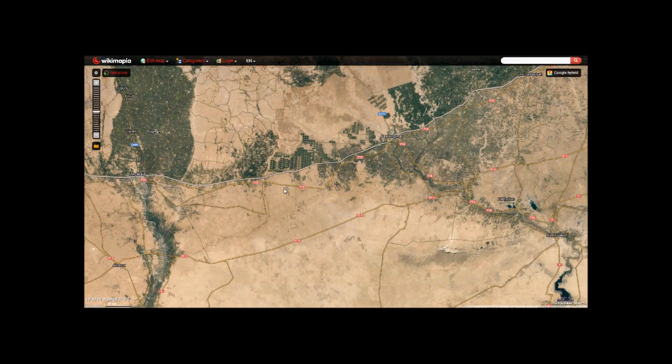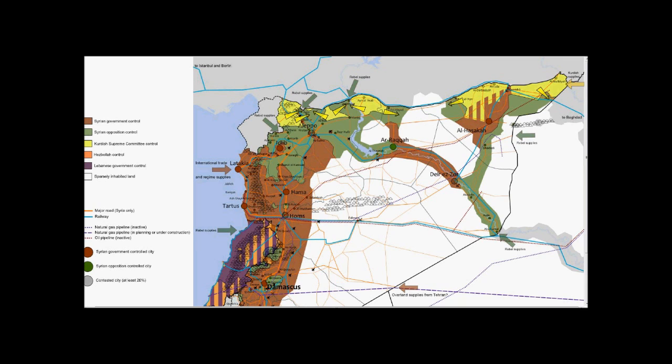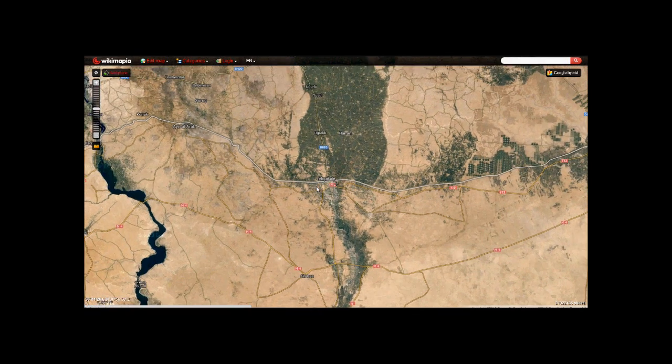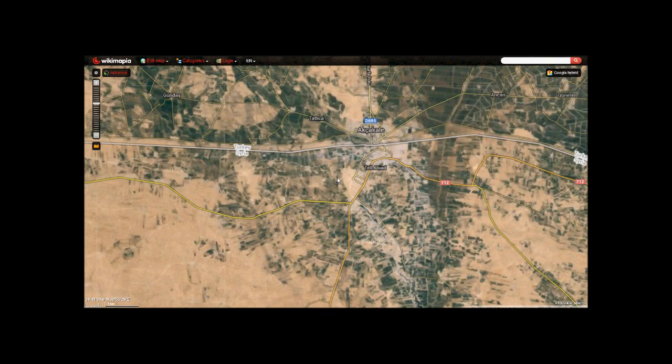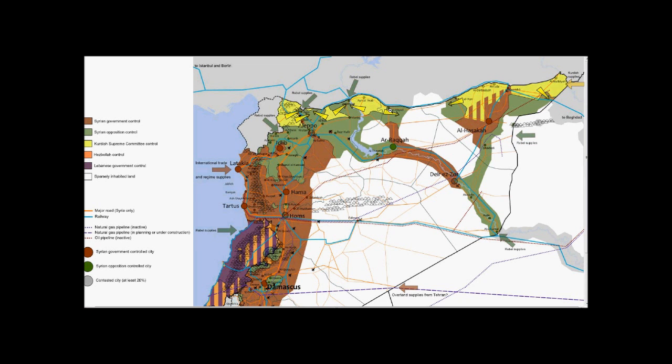I imagine most of them have retreated towards Tal Abyad, which, as we can see on the map, is being put to siege from the west by Kurdish forces. One of the main areas of fighting I last heard of here in Tal Abyad was in this little village here, Yabisa. So it seems Kurdish forces approaching from the east here